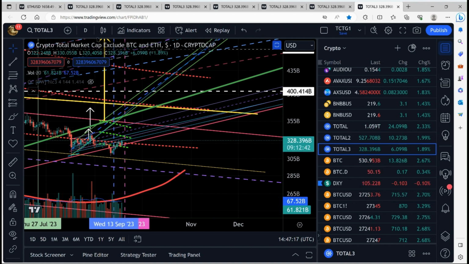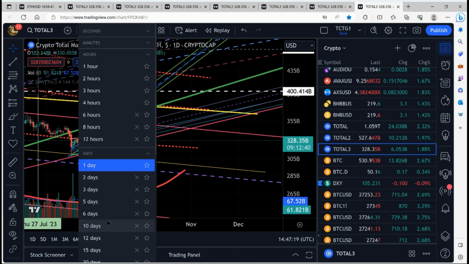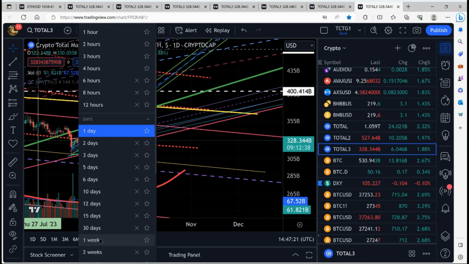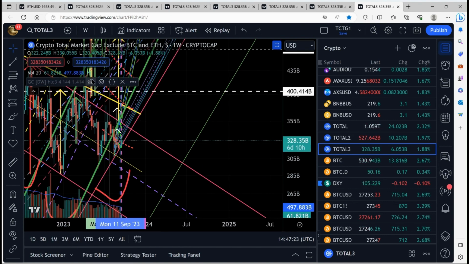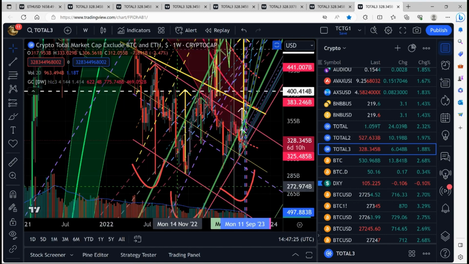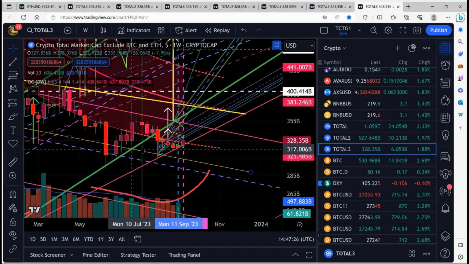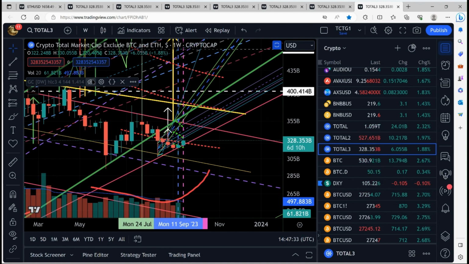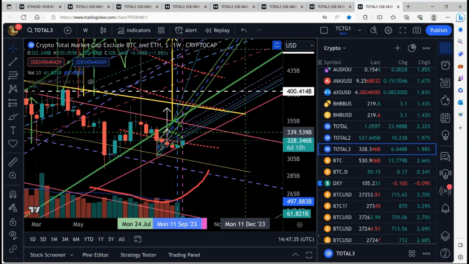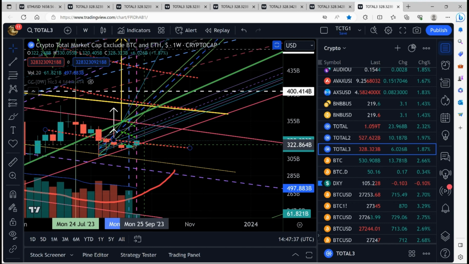I can show you that I've marked them accurately. It's just taking more time, but let's do it. Weekly time frame, Gaussian channel on. You can see that those lines represent the weekly Gaussian channel. Let me get this off because it changes all the colors on everything. So here we are back on the weekly, and we've just headed into the daily Gaussian channel, coming up through it from the bottom.